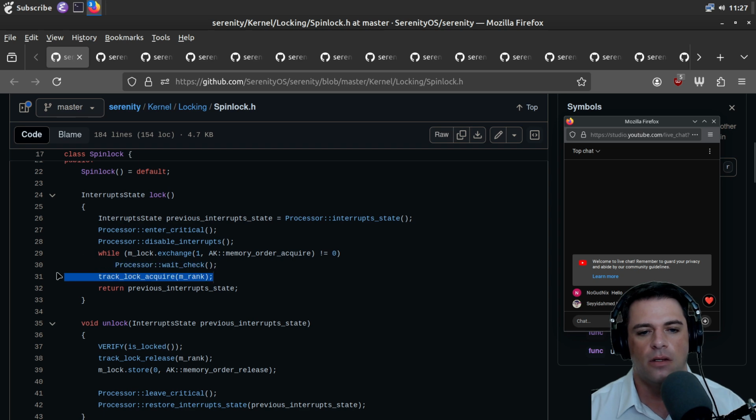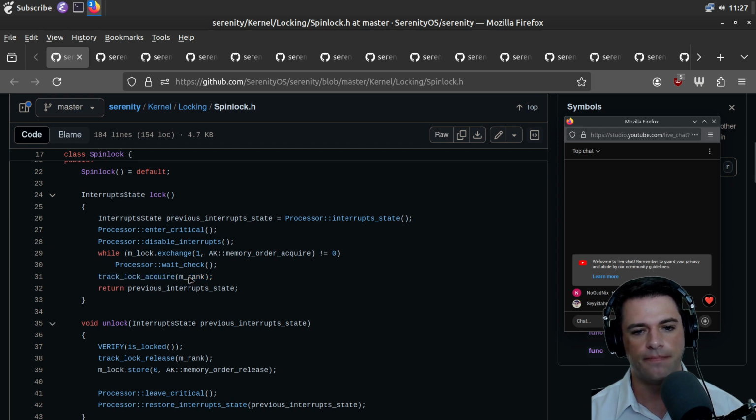And then whatever that's doing, that's, I guess, some sort of sanity checking condition, probably. And then we're going to call track lock acquire on M rank. I don't know what the rank is. And then we're going to return the previous interrupt state, which is the state of the processor before we disable interrupts.